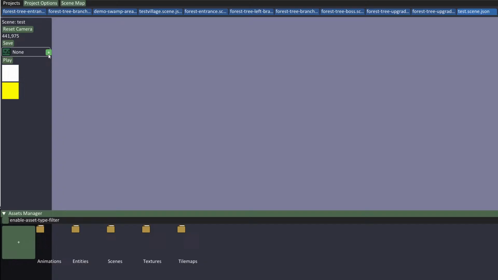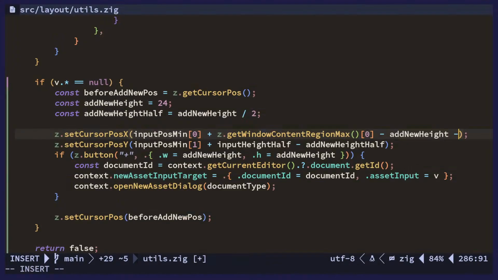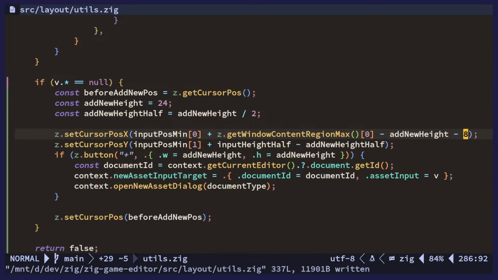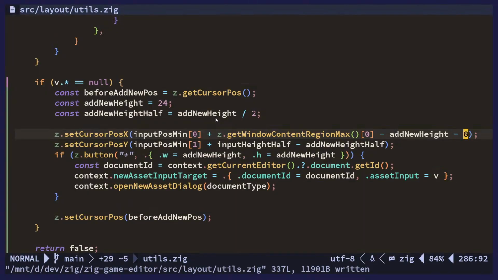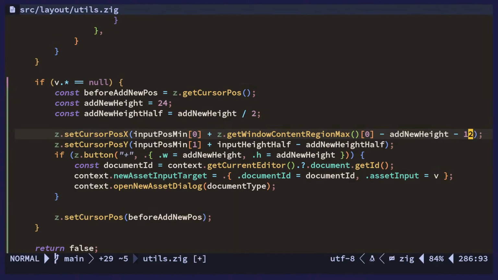Okay, let's add a little bit of padding there. Okay, let's add a little bit more. Okay, but now